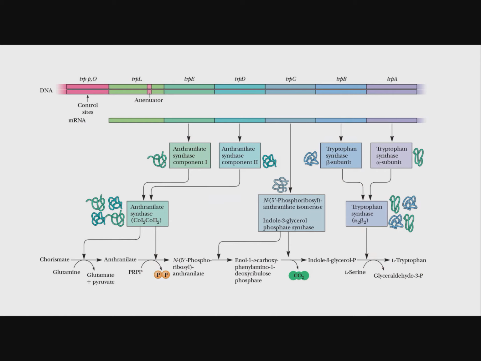What am I showing you here? This is the TRP operon in E. coli. I think what I wanted to show you here is just an example of a pretty complicated looking operon. Here you can see there's a couple of control sites. We've got a few different structural genes all lined up in a row. The mRNA here actually makes quite a few different proteins, but you can see here that they all can do